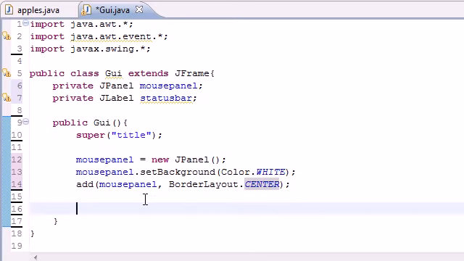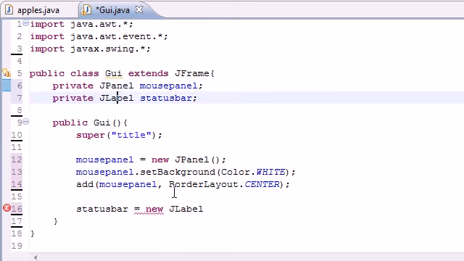Not very exciting. So let's go ahead and add that status bar we talked about right here. Go ahead and type in status bar, and we will set this equal to new JLabel. Remember, don't get this confused, JPanel, JLabel. Your status bar is JLabel. And just set it to